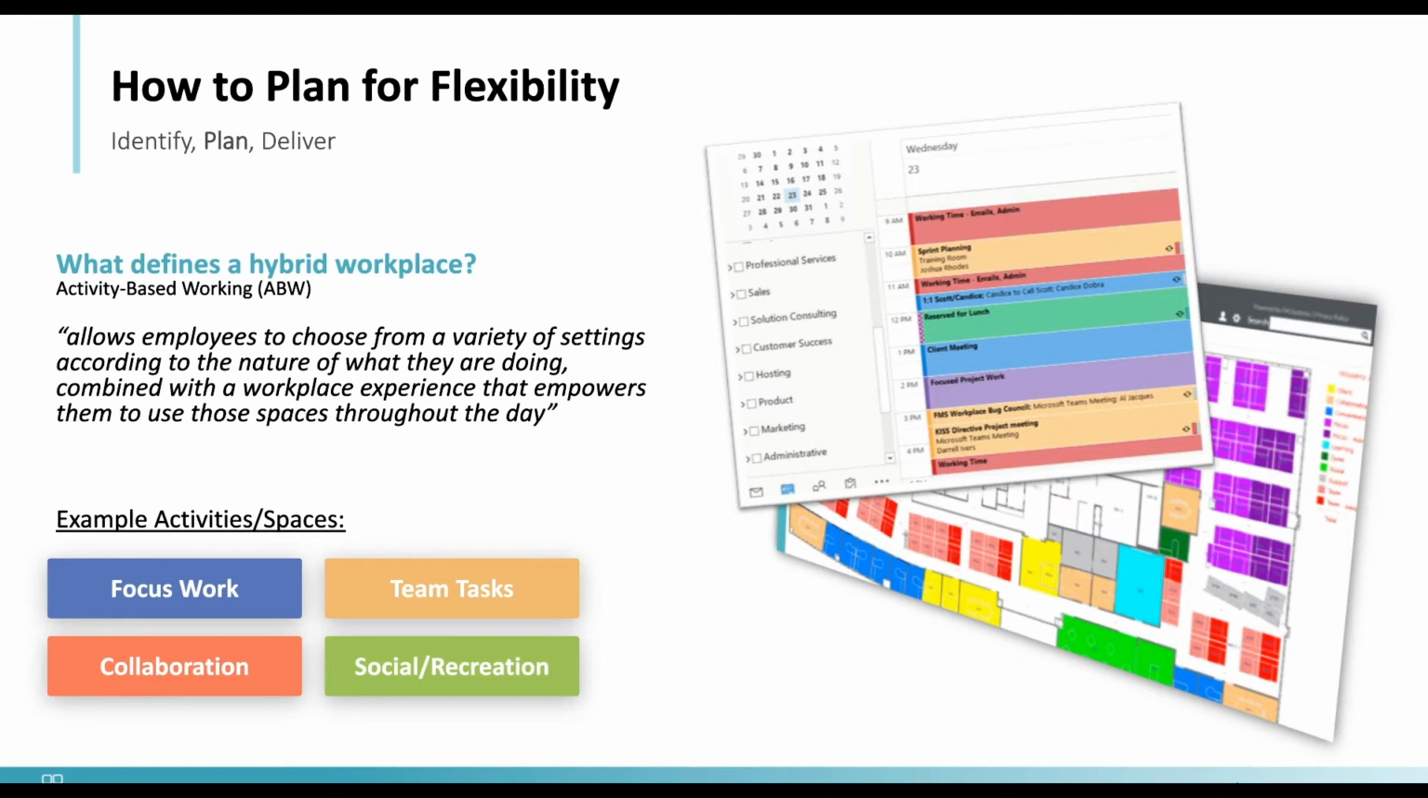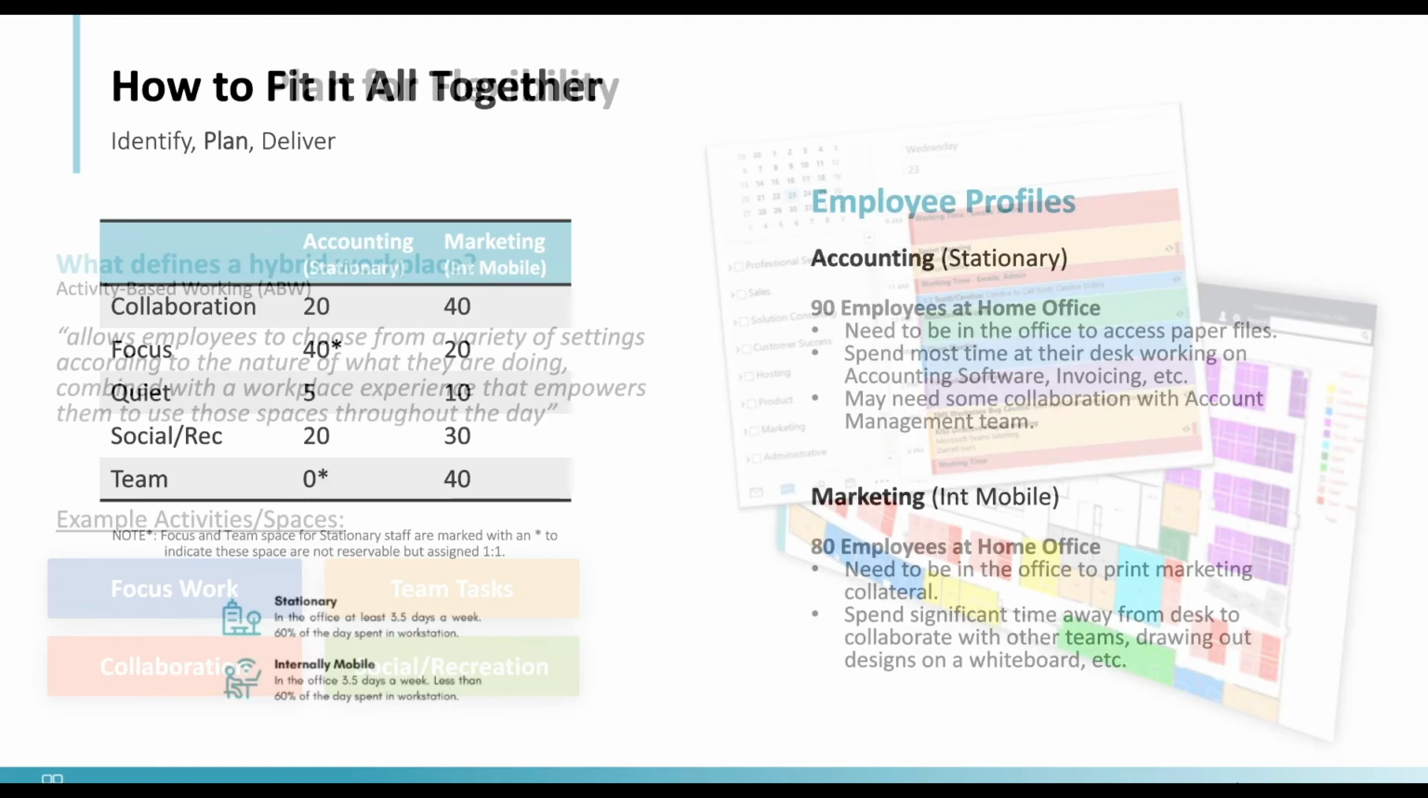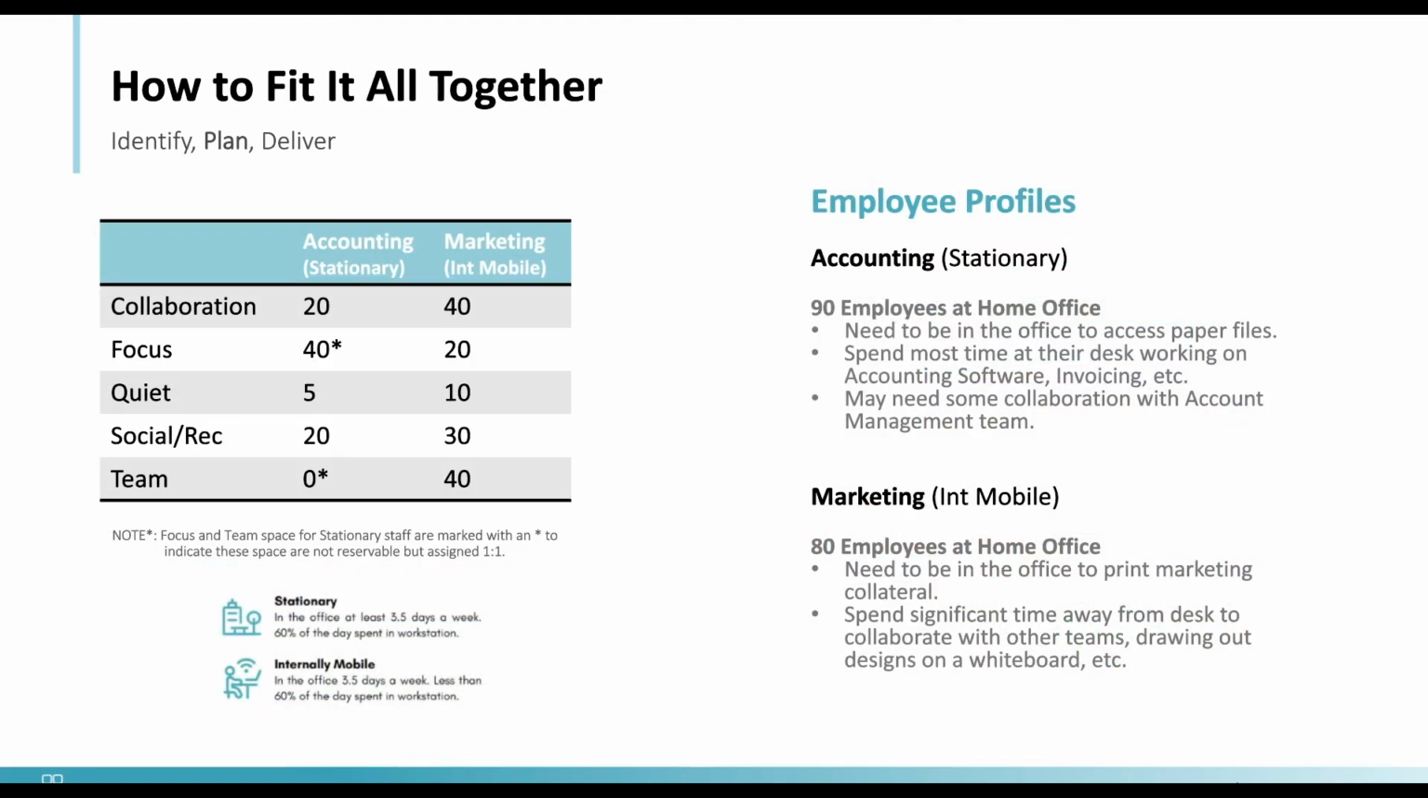And then as we go on to the next slide, we have that concept of different activities. We have the concept of different types of employees, the different work styles, or the different employee profiles. So here's two examples where we have our accounting team, a group that in general is going to be stationary. That's an assumption. It's not going to apply to every single person in the accounting team, but the accounting team is a group who might come into the office every day because they need access to their paper files,